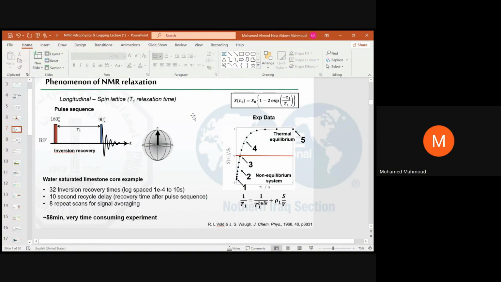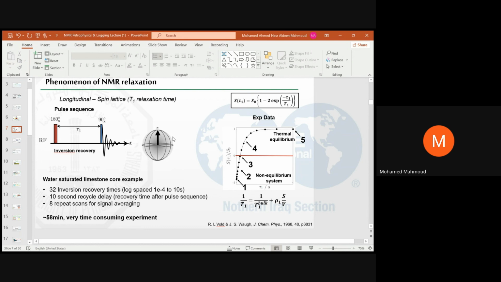So we have 2 types of relaxation. And again, I have some animation here, but I'm not sure if it will show. Anyhow, the first type, or the first relaxation time, we call it spin-lattice. This basically happens across the Z direction. So if we have the nuclei aligned in this direction, what is the time it will take to reach